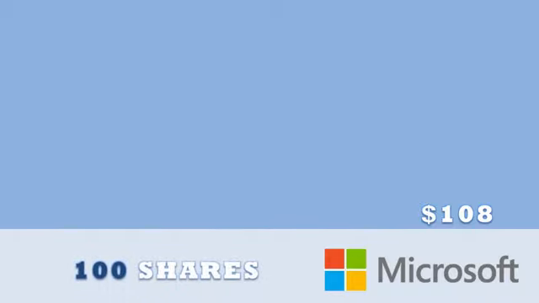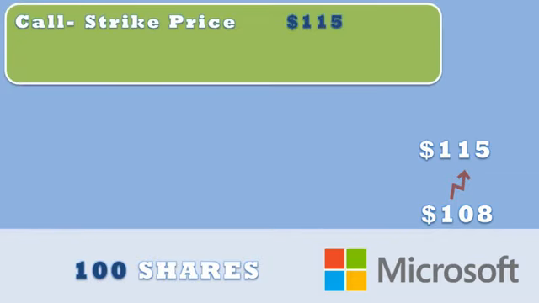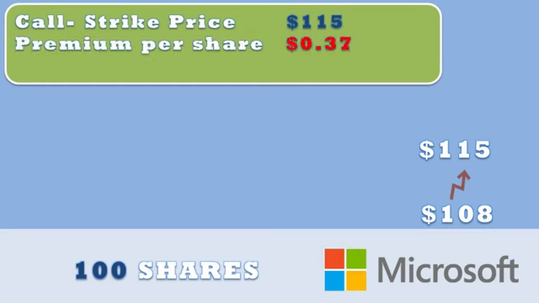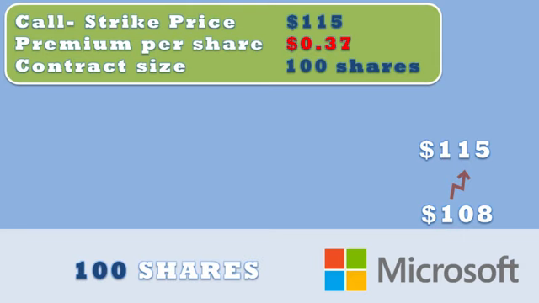Let's take another example. Suppose that Microsoft shares are trading at $108 per share. You own 100 shares of the stock and want to generate an income above and beyond the stock's dividend. You also believe that shares are unlikely to rise above $115 per share over the next month. You take a look at the call options for the following month and see that there's a $115.00 call trading at 37 cents per contract. So, you sell one call option and collect the $37 premium, 37 cents x 100 shares, representing a roughly 4%